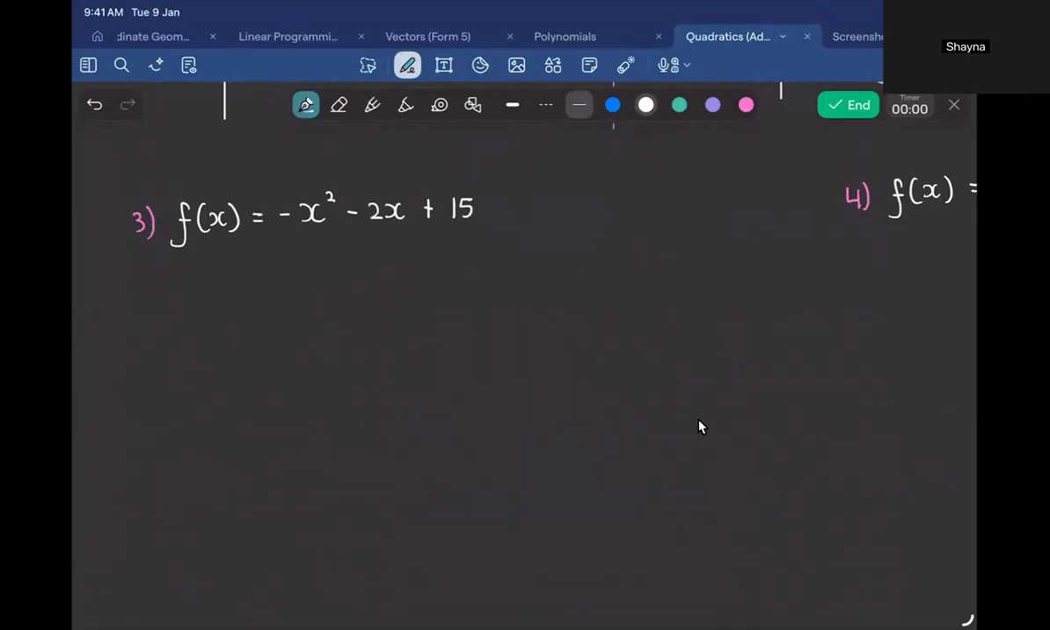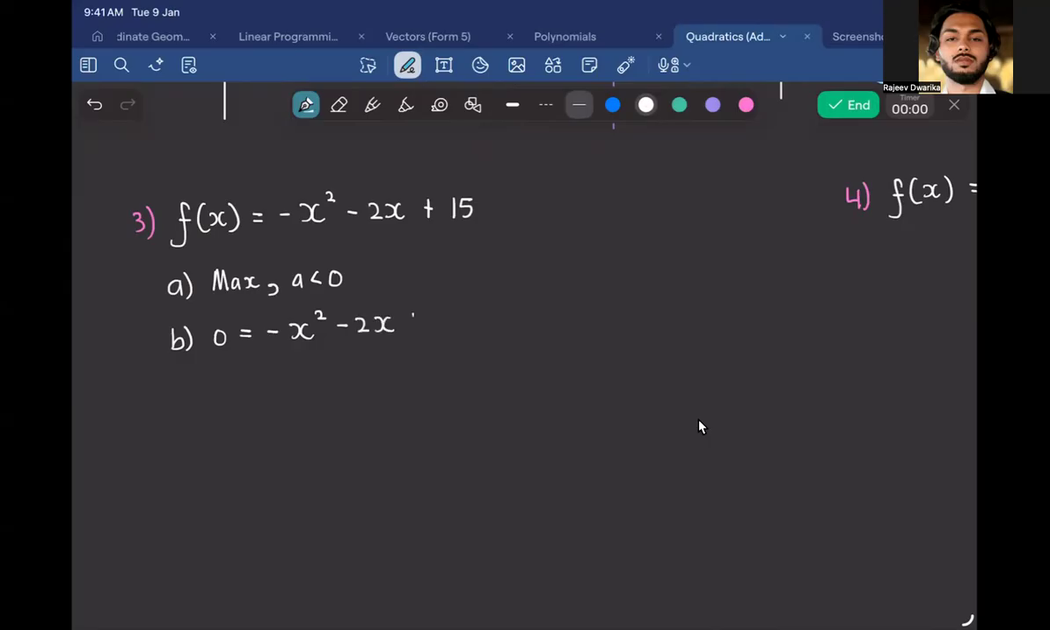Maximum or minimum? Maximum. Why? Because the coefficient of x squared is negative, so a is less than 0. All right, let's find the roots now. So when I say 0 is equal to minus x squared